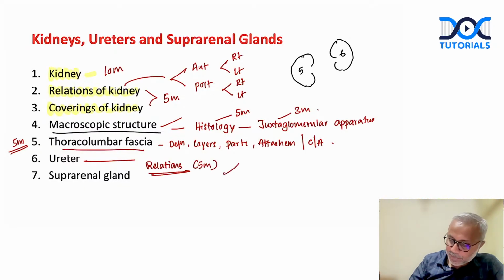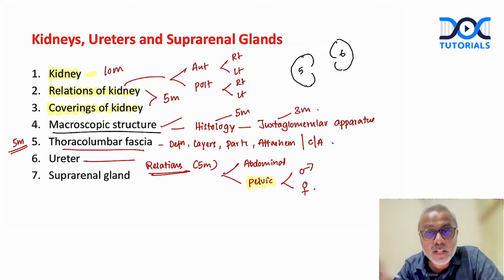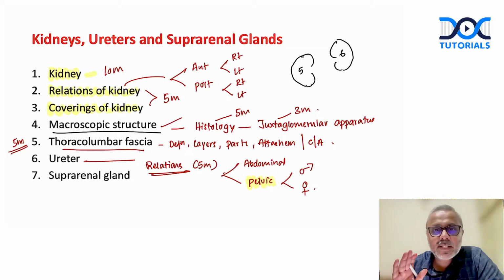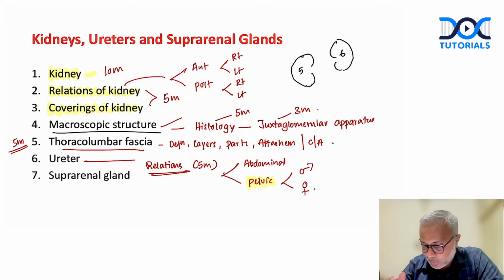In the relations, remember, we have got two parts, the abdominal and the pelvic part of the ureter. And most often, they will be asking you about the relations of the pelvic part. And when they ask about the pelvic part, again, we make a mistake in remembering the relations or representing the answer. Whenever the pelvis comes, male, female, you have to talk. Any pelvic organ, male, female. Of course, except uterus, right? So this is how we should describe the ureter.